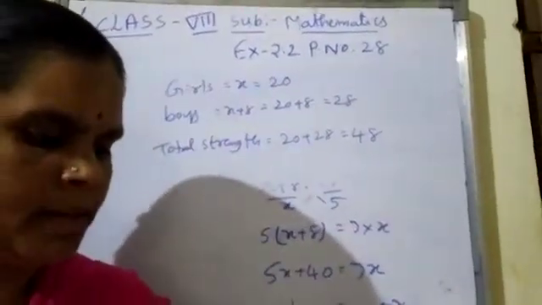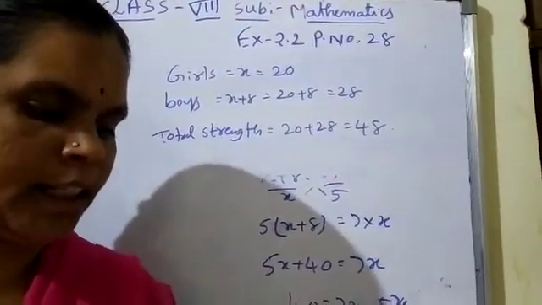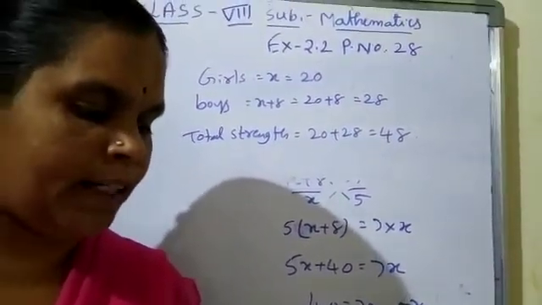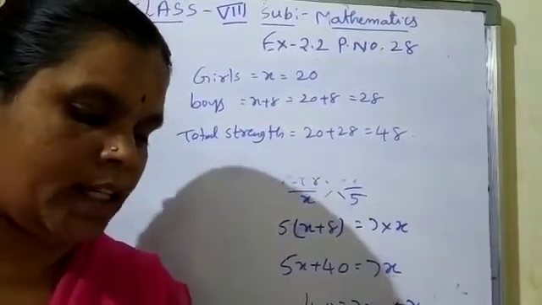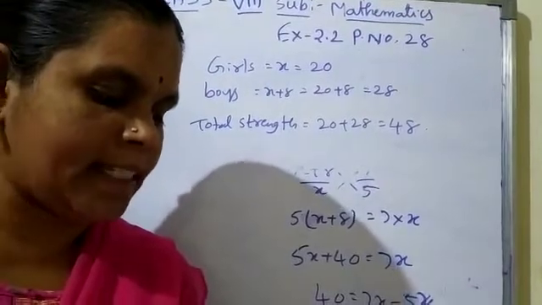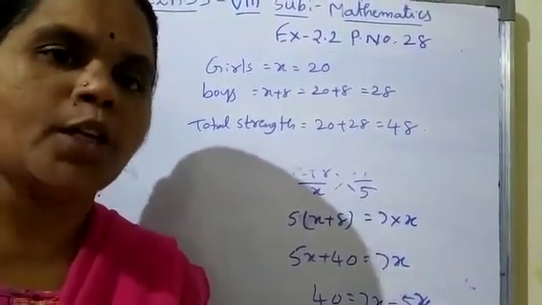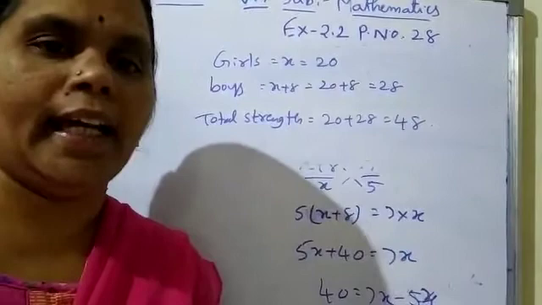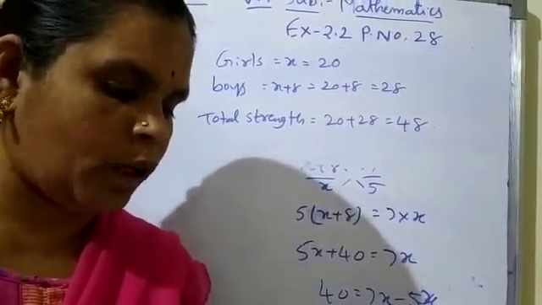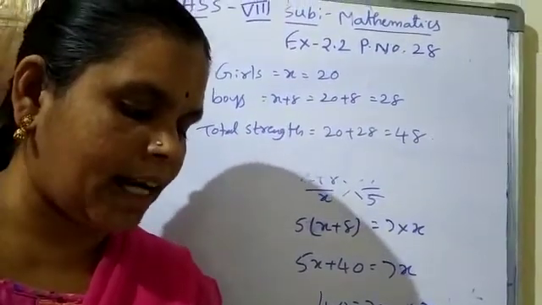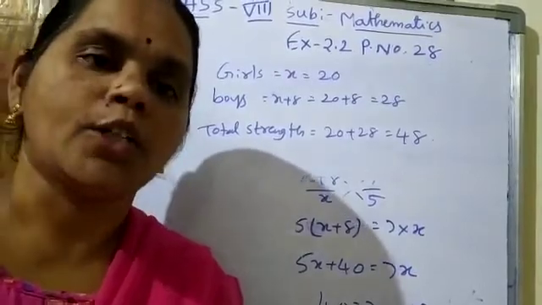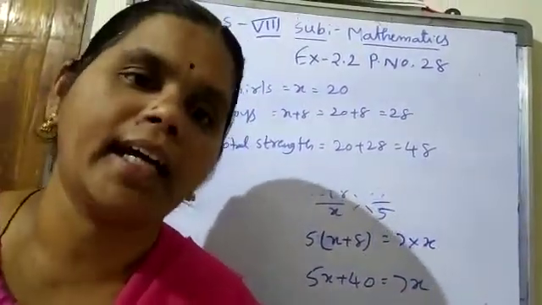See next one. Baicheng's father is 26 years younger than Baicheng's grandfather and 29 years older than Baicheng. The sum of the ages of all three is 135 years. So what is the age of each one of them? Here we don't know the ages, but Baicheng's father is 29 years older than Baicheng and Baicheng's grandfather is 26 years older than Baicheng's father. So let Baicheng's age be x.